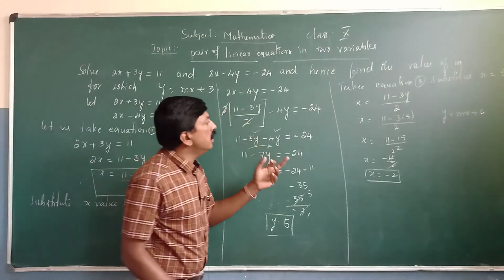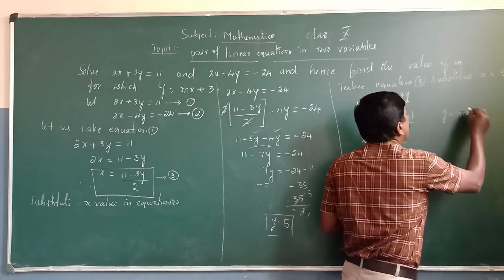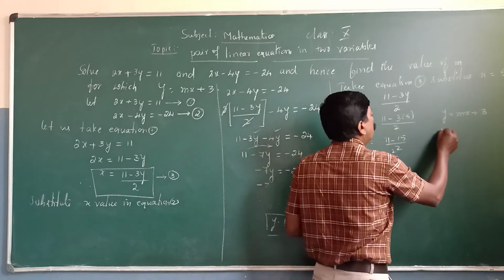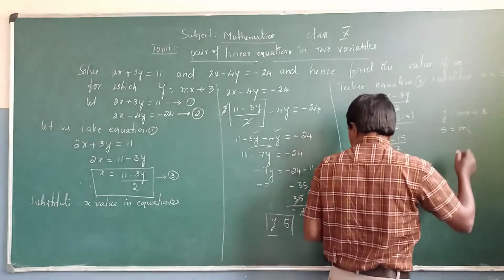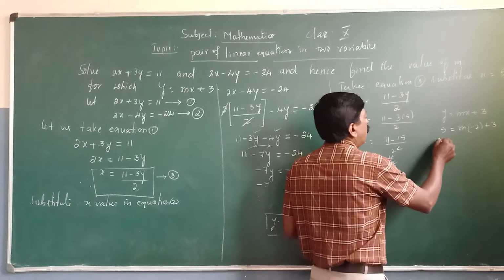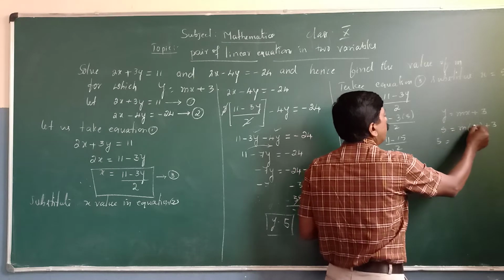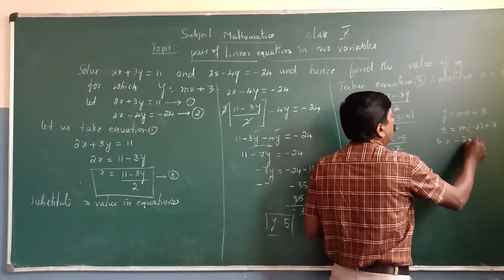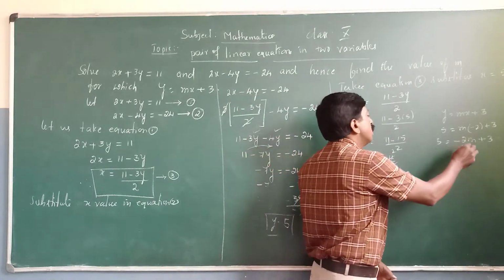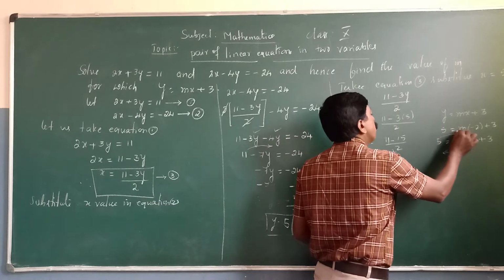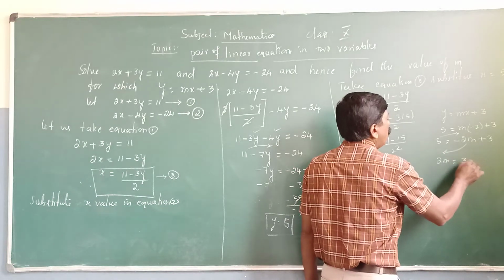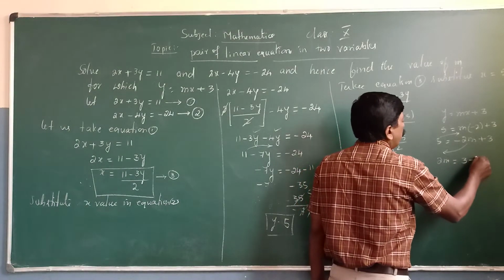Yes, here c is 3, so mx plus 3. What is the value of y? Yes, it is 5, which is equal to m into the x value, minus 2, plus 3 as it is. Now 5 is equal to minus 2 into m, that is minus 2m plus 3. Now group like terms. 2m transpose to LHS, 5 transpose to RHS. Minus 2m becomes plus 2m, which is equal to 3 plus 5, which becomes minus 5.